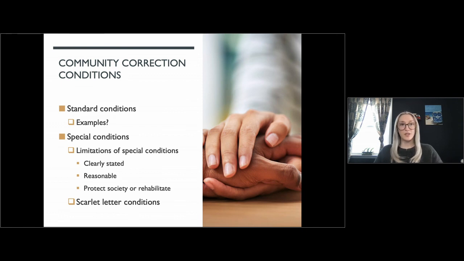And then we have these interesting scarlet letter conditions. These aren't used very frequently, but these are conditions that are simply meant to invoke shame. It's the whole purpose. They want the offender to feel shameful for their actions. The important part, though, is that this is only done in close-knit communities, otherwise it's not effective. So in this way, the offender will be required to admit guilt to their community, who then shames them for those behaviors and those actions.